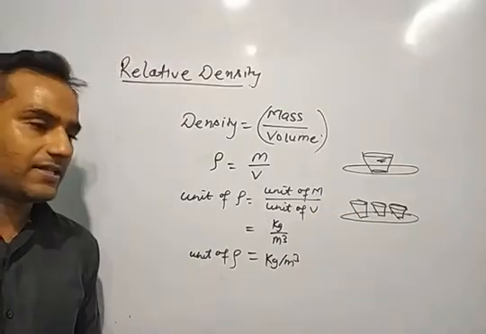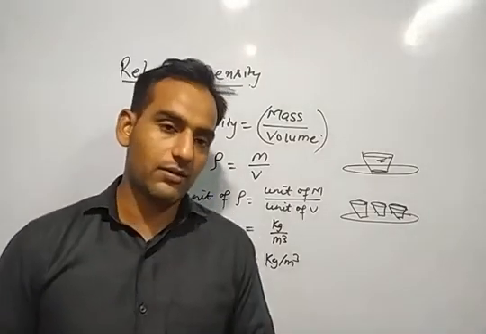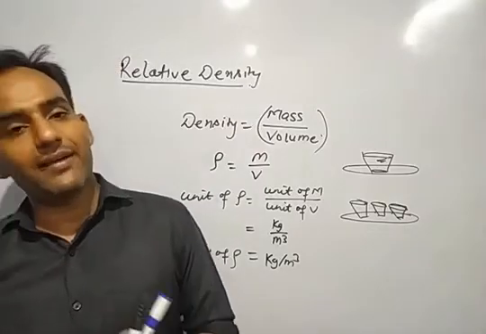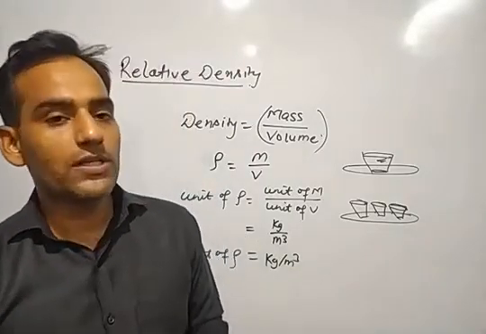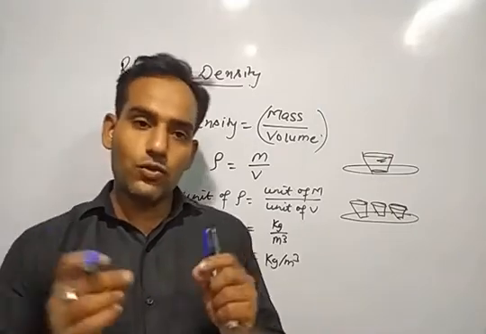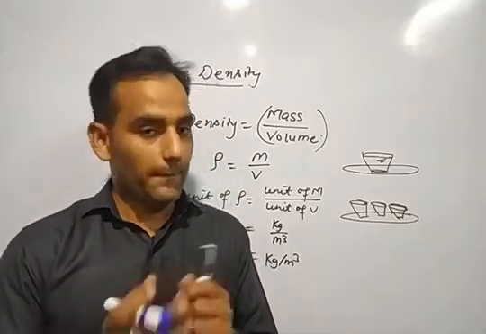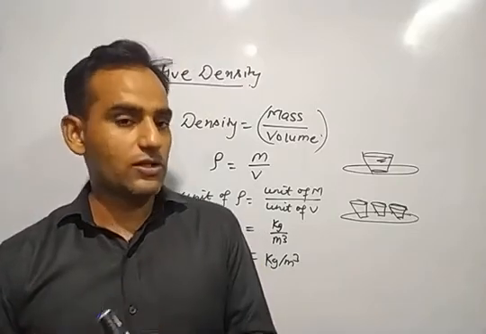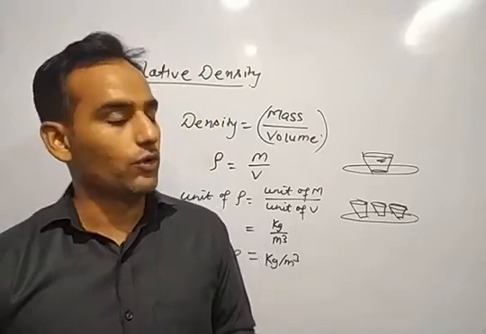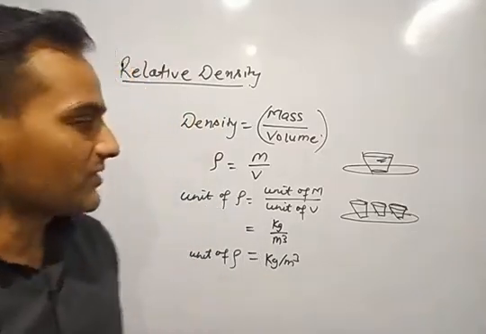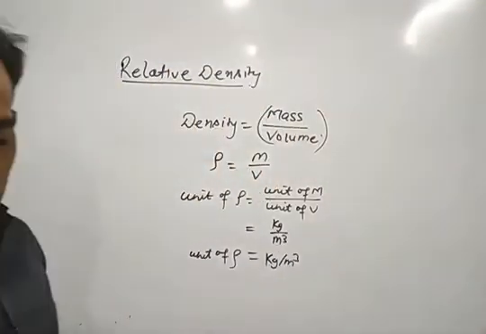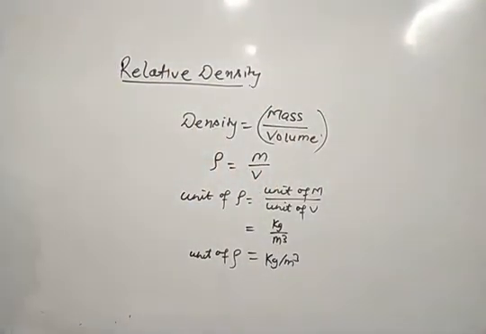Example we can take as iron and simple wood also. We all know that iron is very heavy but wood is not very heavy. Why? Because the particles of iron are so closely bound compared to the particles of the wood. That's why iron is heavier than wood. So this is all about density, the basic things. Now what we mainly have to discuss is relative density.